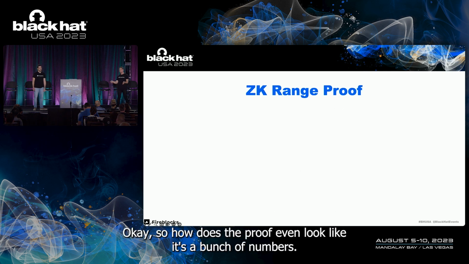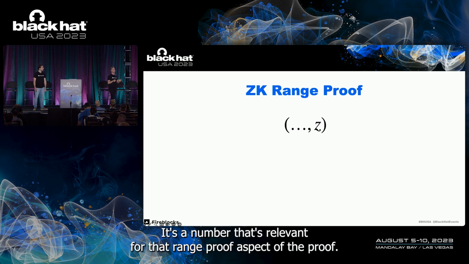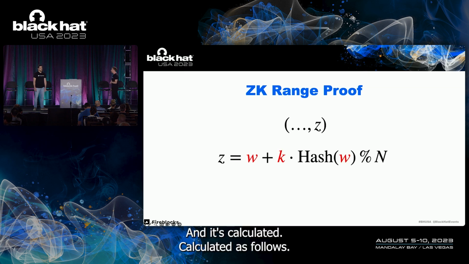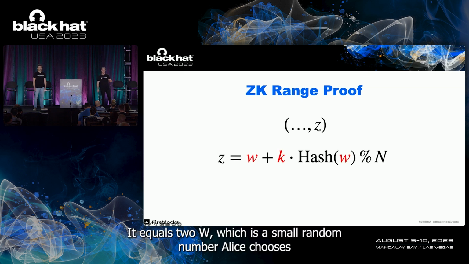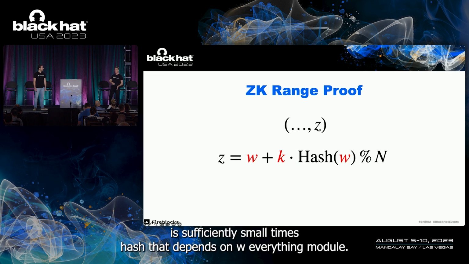Okay, so what does the zero-knowledge proof even look like? It's a bunch of numbers. One of those numbers is z. It's a number that's relevant for the range proof aspect of the proof, and it's calculated as follows. It equals w, which is a small random number Alice chooses, plus k, the number that Alice is trying to prove is sufficiently small, times a hash that depends on w,